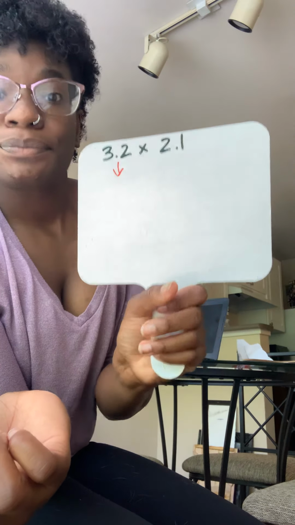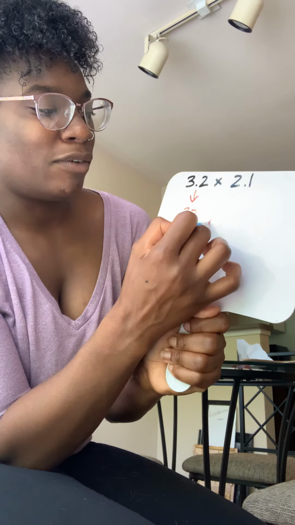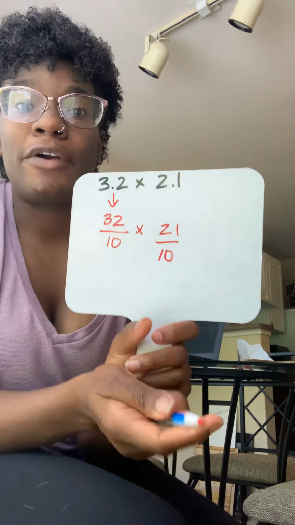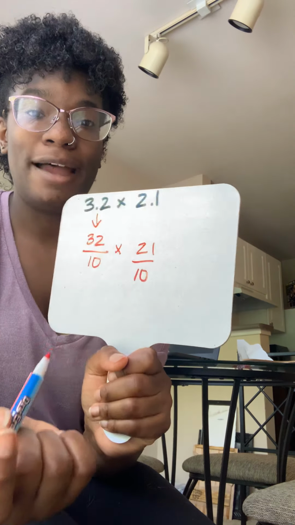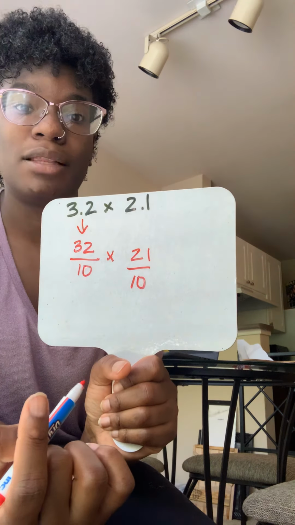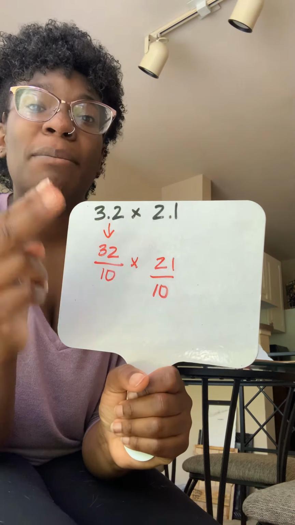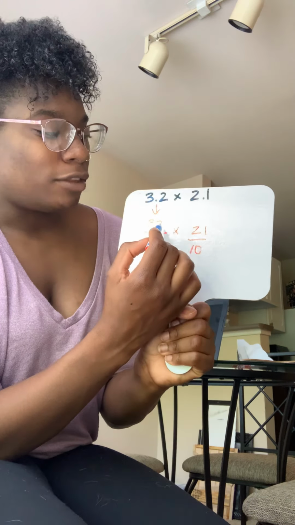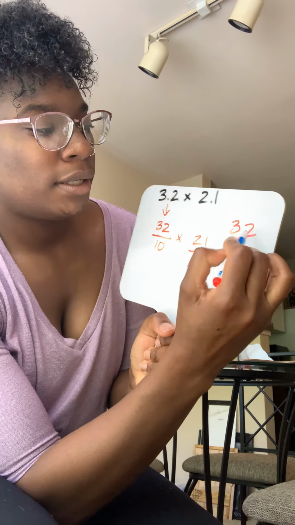All right? So we know this would be 32 tenths, and we're multiplying that by 2 and 1 tenth, or 21 tenths. All right? So now, this is where you're going to have to start writing out your multiplication problems, because it's not just one number that you're multiplying by, it's 2 numbers that you're going to be multiplying by. All right? So in our numerator, we've got 32 and 21. So 32 times